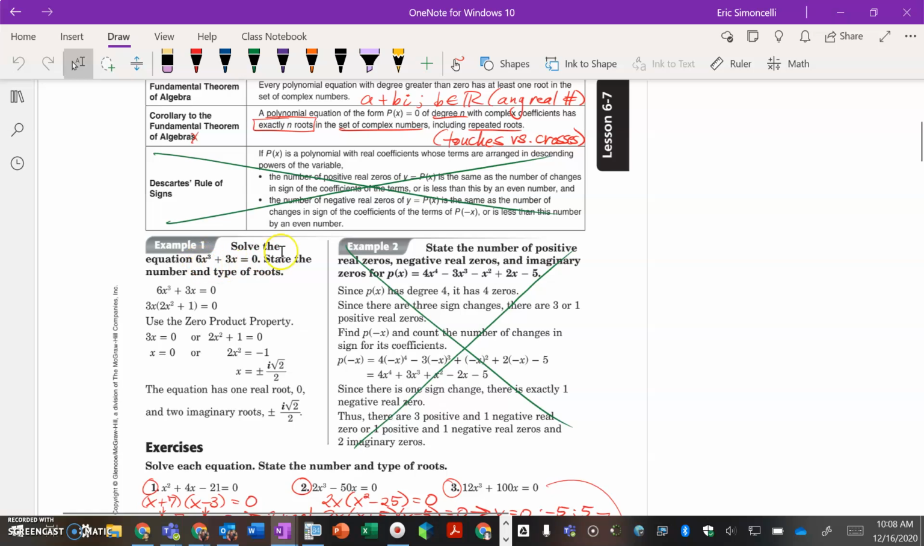However, example 1 says solve the equation 6x cubed plus 3x equals 0 and state the number and type of roots. So we can factor this particular cubic. There is a GCF of 3x, as you can see. When you factor out a GCF of 3x, you're left with 2x squared plus 1. You can set 3x equal to 0 and end up with x equals 0. And you can set 2x squared plus 1 equal to 0. When you set that equal to 0, you subtract 1, divide by 2, and then take the